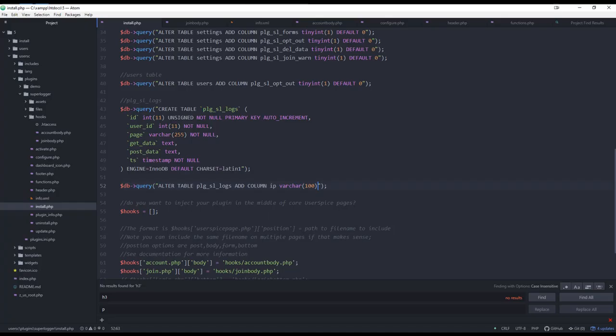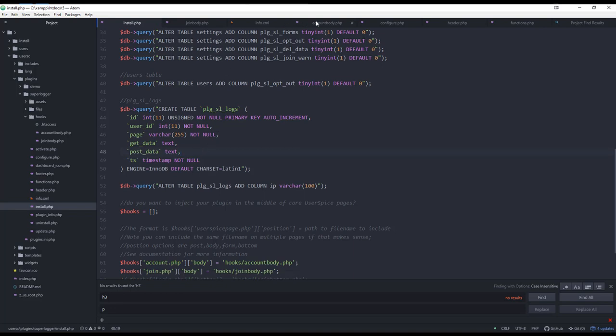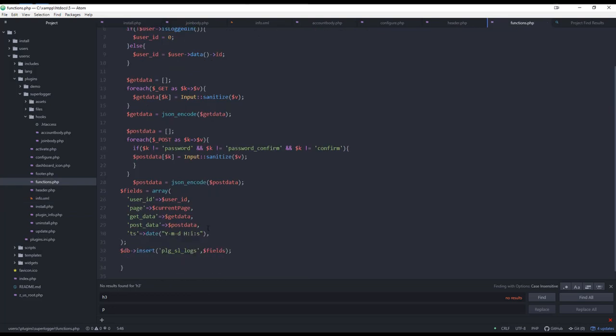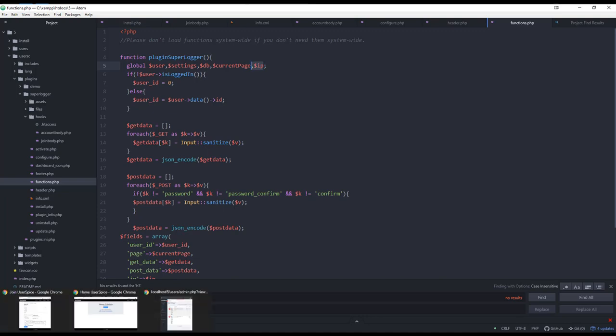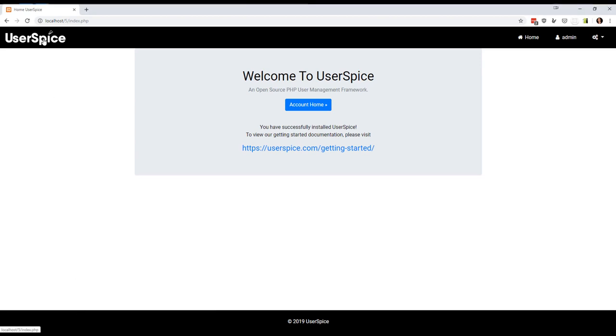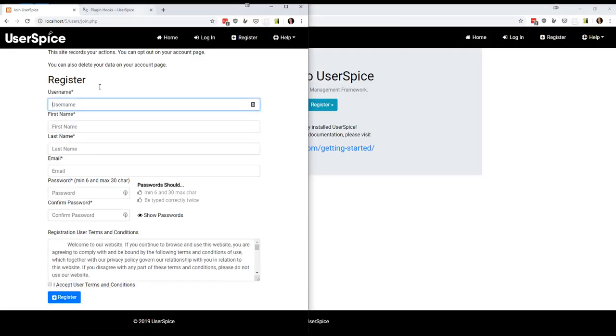So when we come to our code, we can come in here, and I think this is going to work. There's a chance that we might not have access to the IP, but I think we will. So we'll go to functions, and all we want to do is add the IP here. And again, if you didn't notice that up front, I added IP here globally, because that is a variable that's available all throughout UserSpice. So what we want to do is load another page,